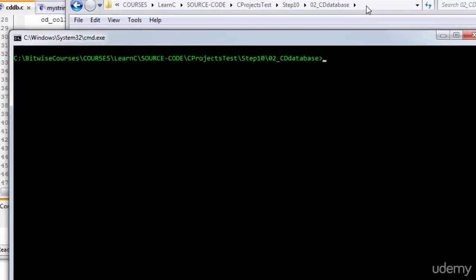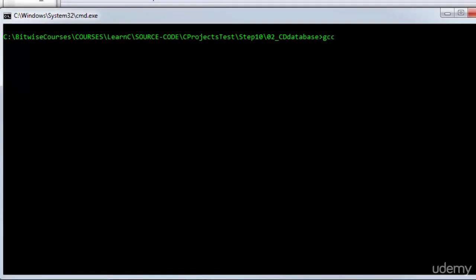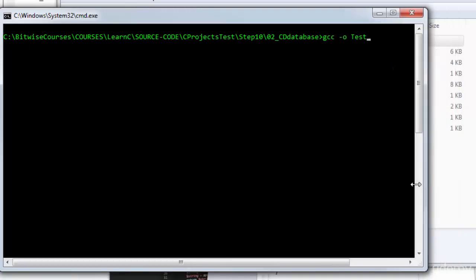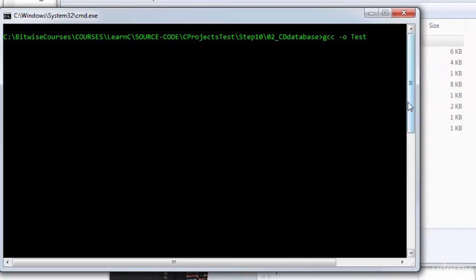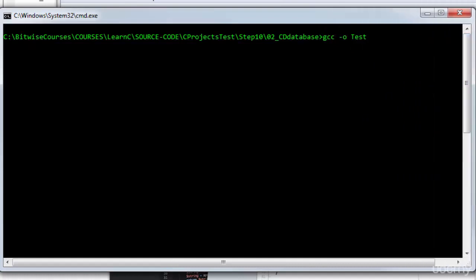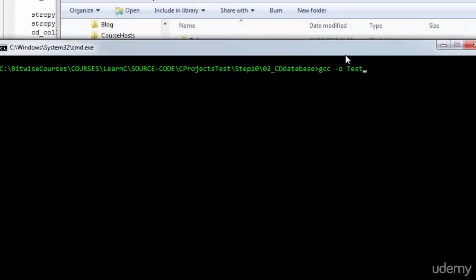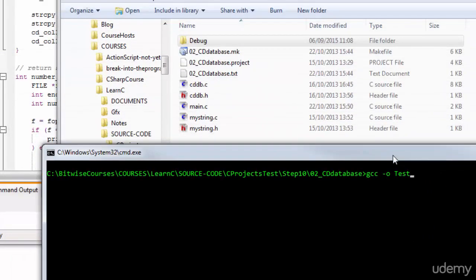So the correct command is GCC -o for the output. I'll call my output file test. This is going to be the name of my executable file. And now I need to tell it the actual source code files that I want to be compiled. So I'll just move this window down so I can check here. I've got 3 C files in the directory, main.c,